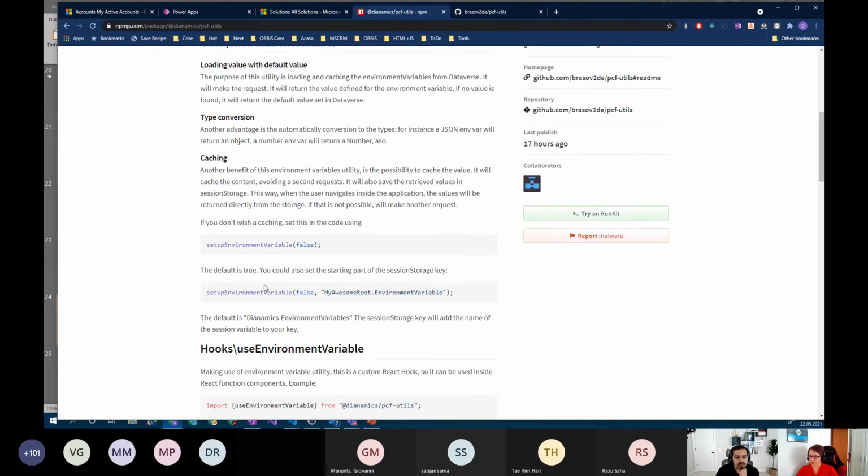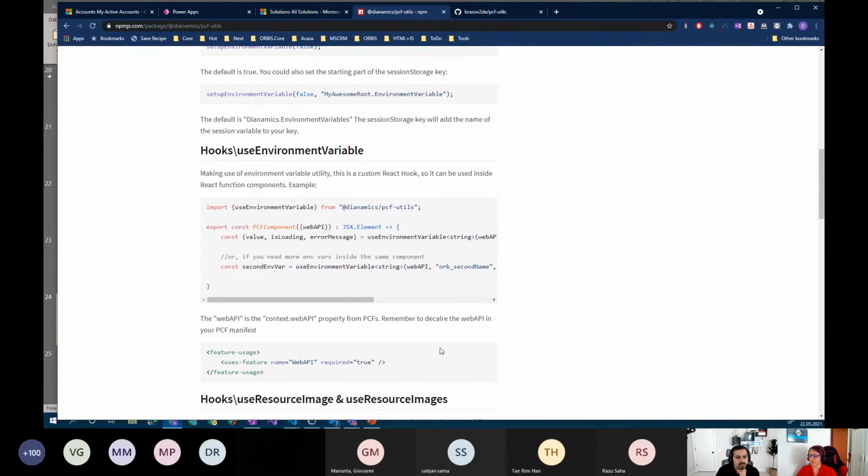But if you don't want it, I have a function for that: you can set it to false and it won't cache in the session storage. And based on this functionality, which is not a hook, you can use the hook for environment variables, and you just have to write